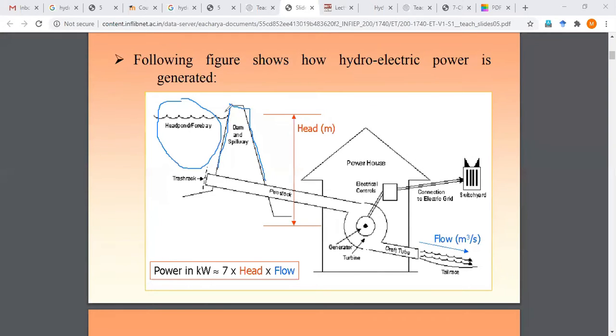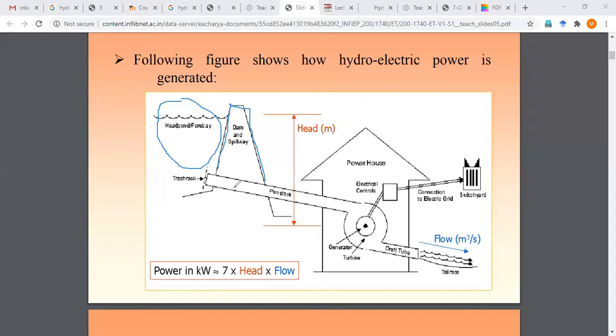While constructing a dam or a hydropower station, there are different factors for site selection that we'll see afterwards. With the help of the dam, we store the water in the reservoir. Wherever we store the water, that part of the power plant is called the reservoir, and it is sometimes also called the catchment area where the water is stored. This stored water has energy.